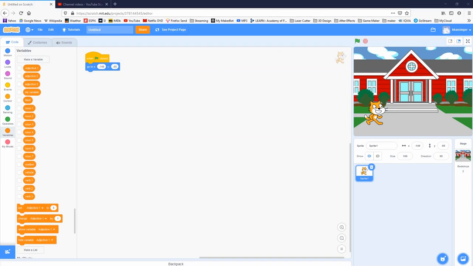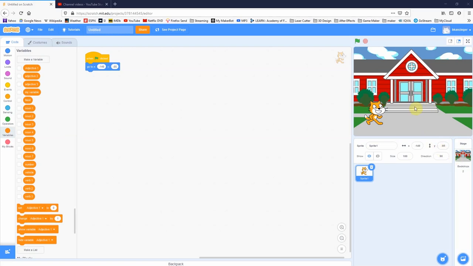Okay, so this is going to be a very, very long script and kind of repetitive, but let's just do our best to get through it, shall we? So what we're going to do is we're going to do a couple of things here. First of all, we have these two backdrops, so we want to make sure that we start on the first